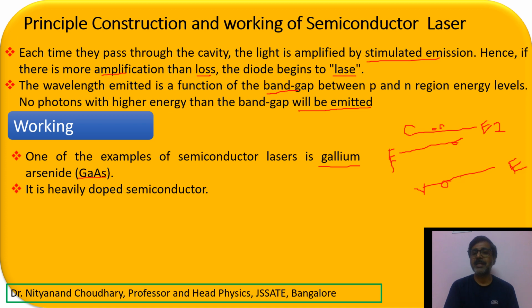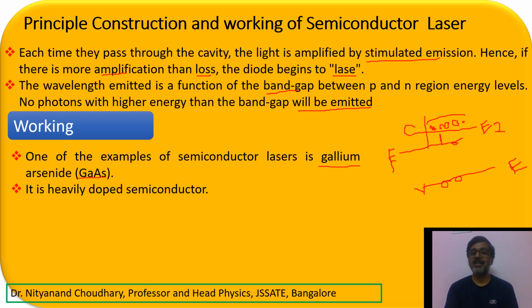If it is your semiconductor, electrons will remain in the conduction band and holes will remain in the valence band. Now, since I have doped with the trivalent, the number of electrons in the conduction band is increasing. So slowly the Fermi energy will start moving up. If the doping is very, very large, the Fermi energy will move inside your conduction band.